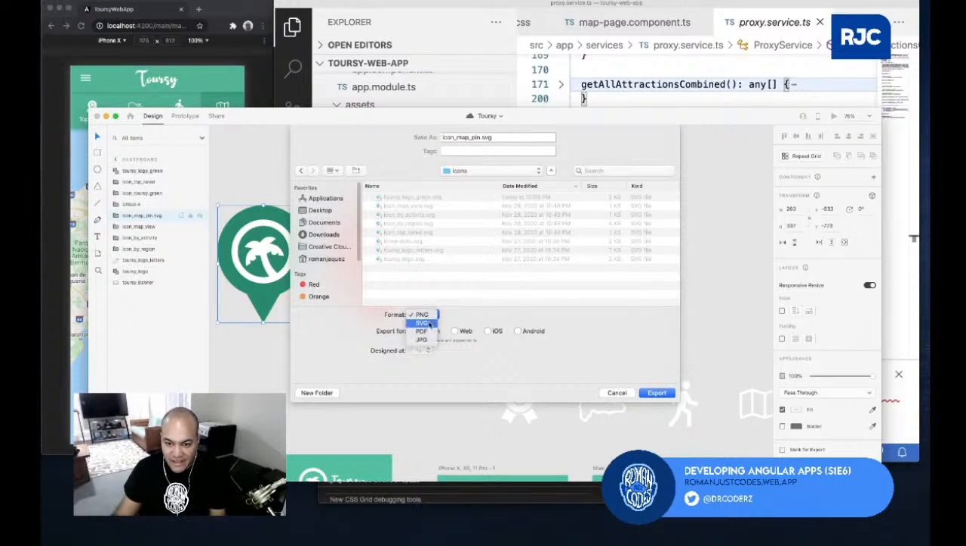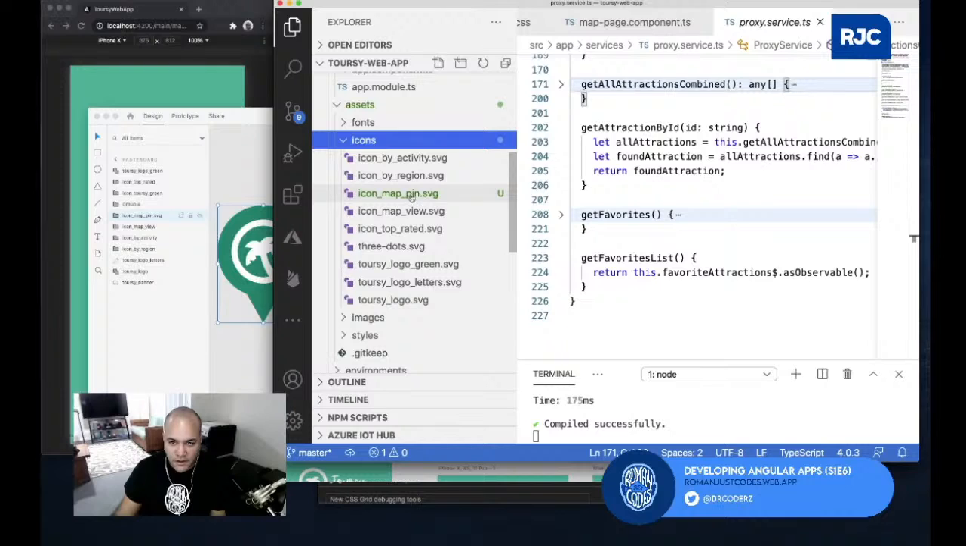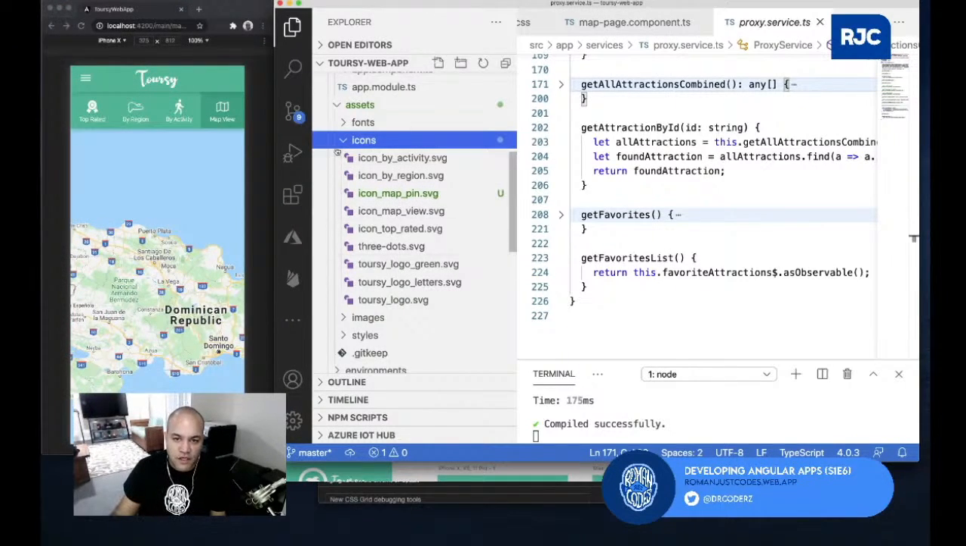I make sure that it is SVG, because I want to keep it very high quality. And then if I export it, there you go. That's the map pin right there. I don't need that. Now let's start dropping those pins. So in the map